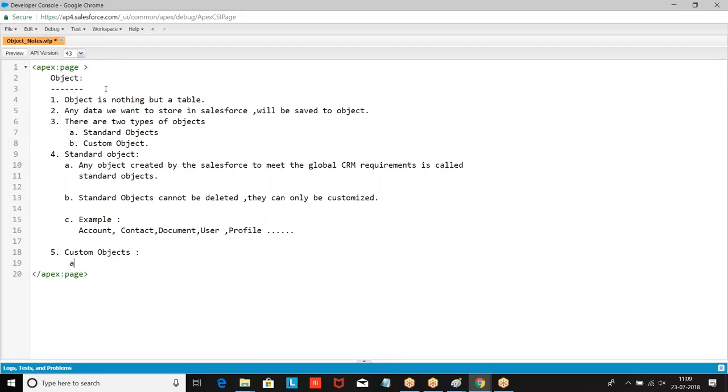Custom objects. What are custom objects?